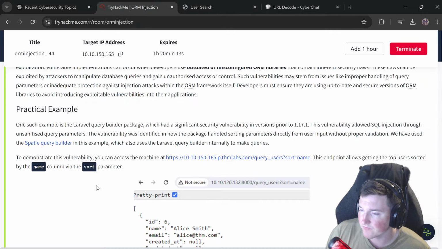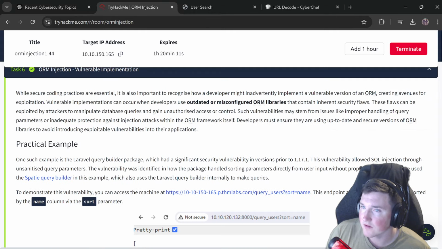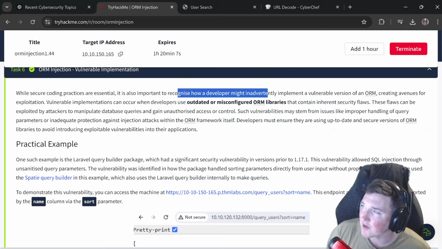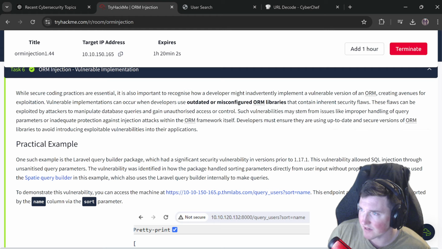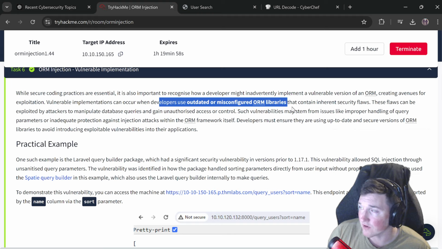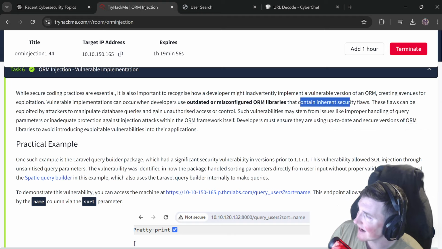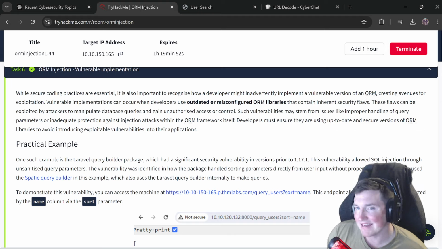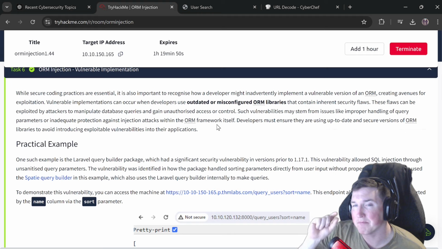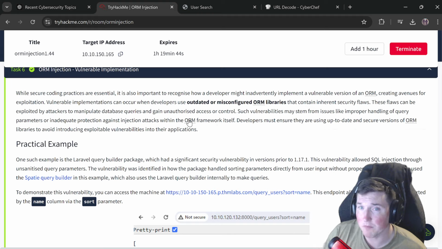All right. Now, while secure coding practices are... Now, how a developer might inadvertently implement a vulnerable version. We just talked about that, right? It can occur due to developers using outdated or misconfigured ORM libraries that contain inherent security flaws. One thing I really want to harp on here is this is one of the biggest, in my opinion, the biggest risks with things like ChatGPT, OpenAI,